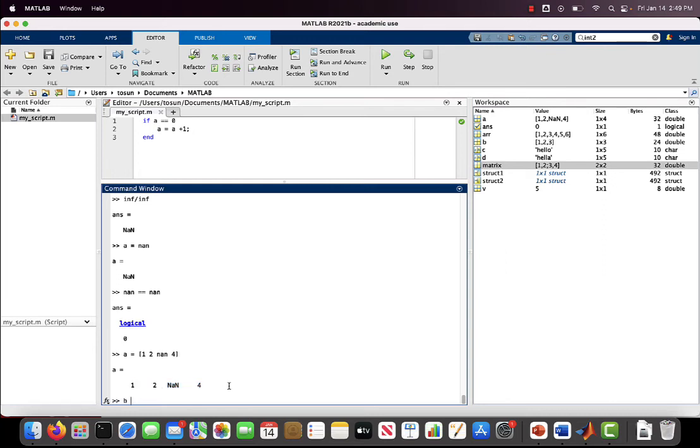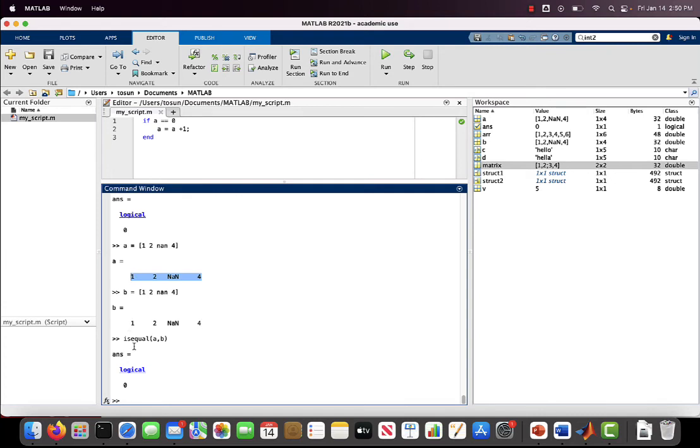Let's create another matrix here, B, 1, 2, NaN and 4. As you can see, B is totally the same as A, and if I write isequal A and B, it will return false,